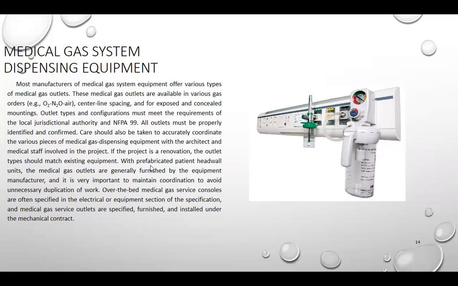With fabricated patient head wall units, the medical gas outlets are generally furnished by the equipment manufacturer, and it is very important to maintain coordination to avoid unnecessary duplication of work. Over-the-bed medical gas service consoles are often specified in the electrical or equipment section of the specification, and medical gas service outlets are specified, furnished, and installed under the